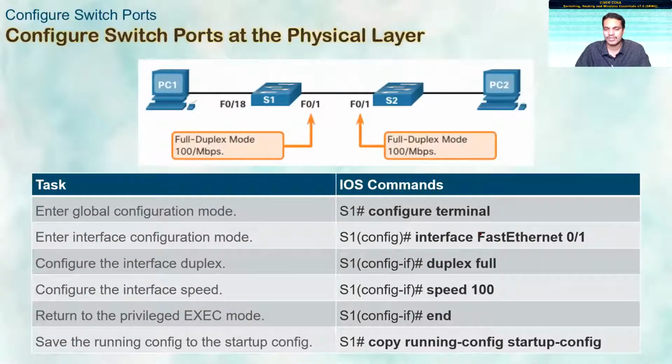Now, this is a small example where I'm going to assign the speeds for switch S1. Here the F0/1 port is going to be configured. Once again, I enter into the global configuration using the configure terminal command. After that, I enter into the interface mode, interface F0/1. Then I'm setting it as duplex full and speed as 100 Mbps. Similar commands will be issued for S2 also. So both the links will be matched. Their duplex settings and speed settings are matched, and there should be no issue with the communication.